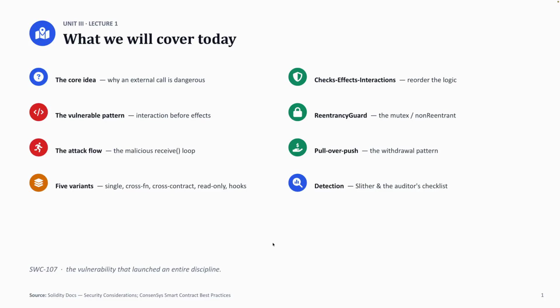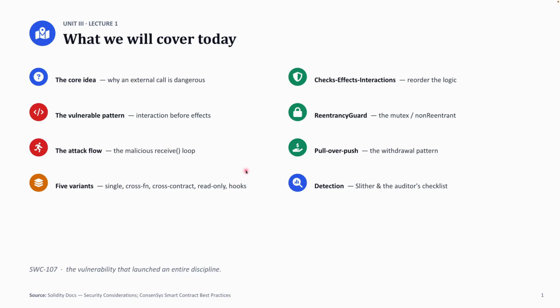First, the core idea, highlighting why an external call is dangerous. Secondly, the vulnerable pattern in which interaction happens before the state changes. Third, the attack flow, that is the malicious receive loop. And fourth, the 5 variants starting from single function call, cross function call, cross contract call, read only reentrancy,